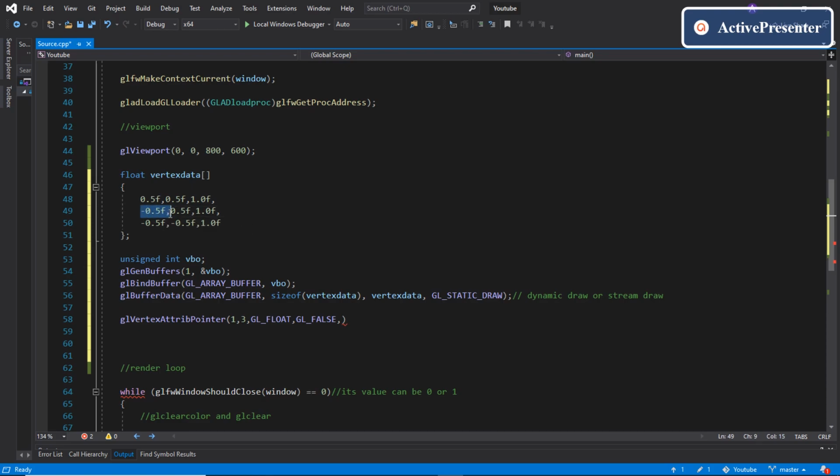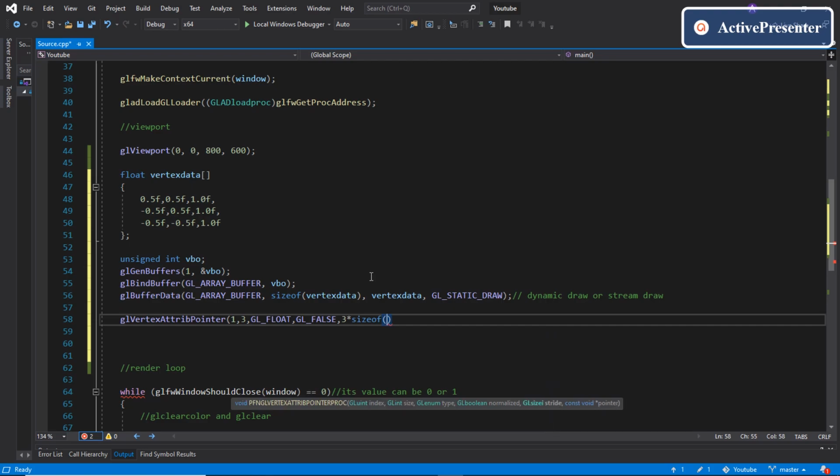This minus 0.5f denotes the x coordinate of the second vertex. Also, this minus 0.5f denotes the x coordinate of the third vertex. So these three elements are similar to each other. The distance between the similar entities inside the vertex data is called the stride. So the current stride value will be 3 times sizeof(float).